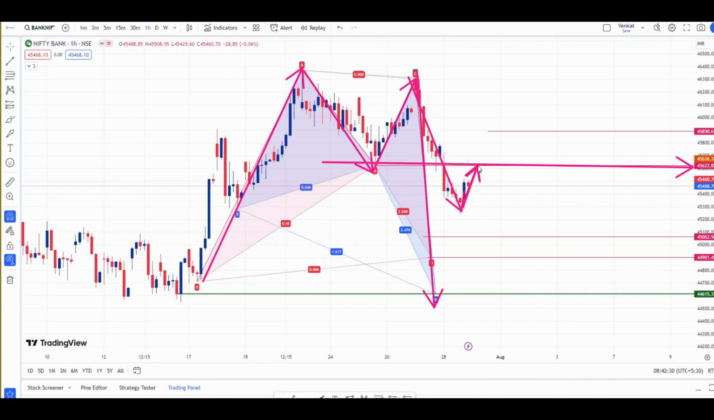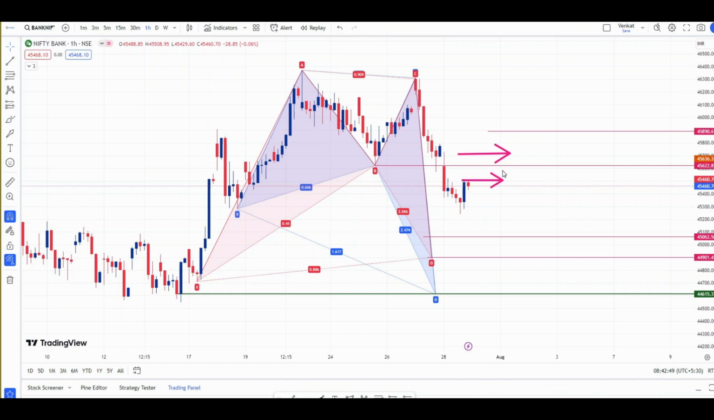impulse. If it tests 45,600, we will short Bank Nifty from here, and even if Bank Nifty tests this level, which is 45,900, from here also we will short Bank Nifty. Long will be only above 45,900. So on Monday, if Bank Nifty opens flat or gap up anywhere between 45,600 and 45,900 and forms an M pattern in the 5 minutes like this,